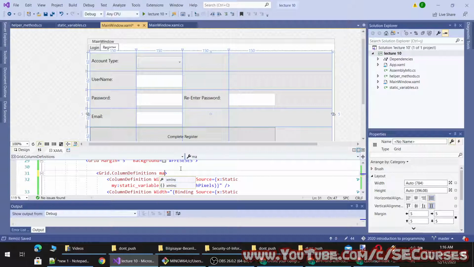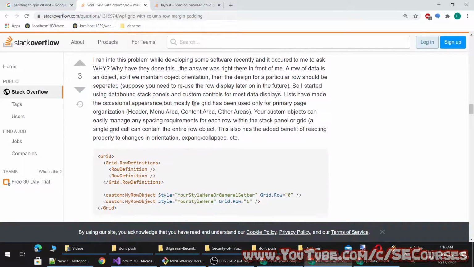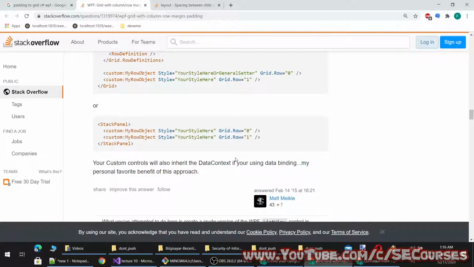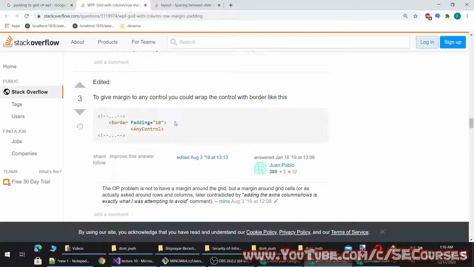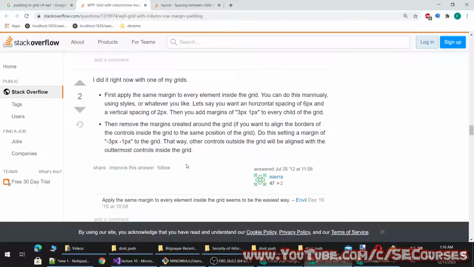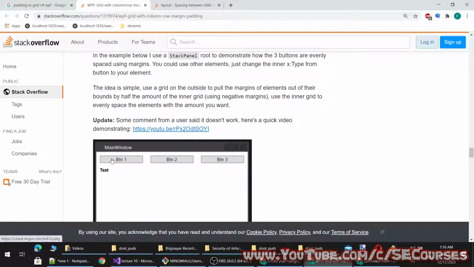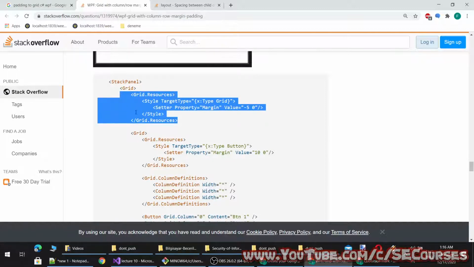No margin. Let's try this one, grid resource grid.